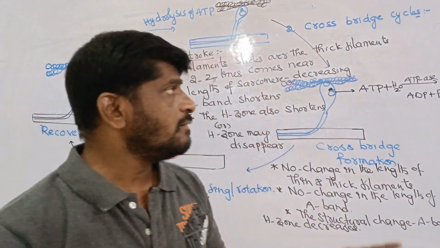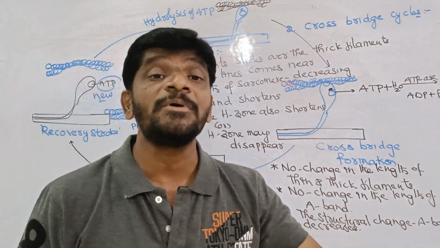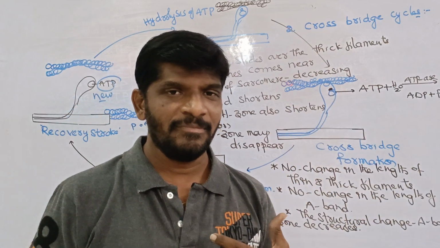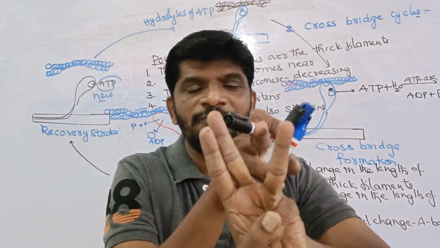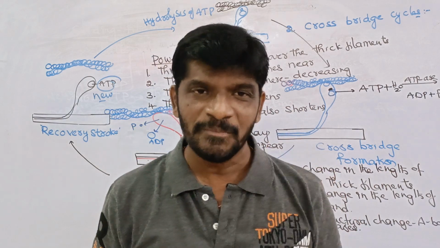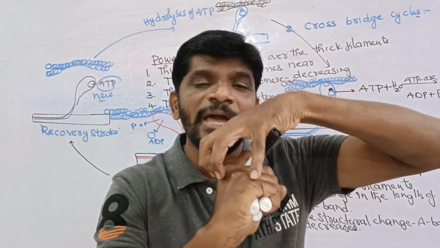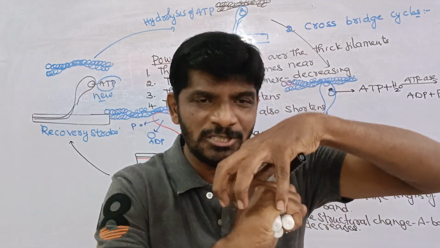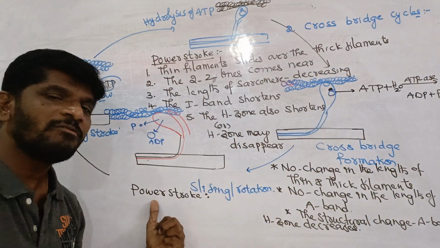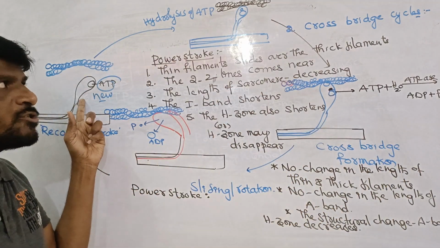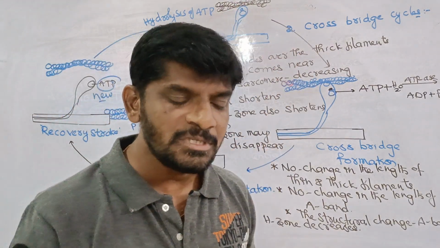In the cross bridge cycle, the cross bridge is formed with the help of the energy released because of ATP hydrolysis. When the ATP is hydrolyzed into ADP and inorganic phosphate, the last phosphate group has chemical bond energy. With the help of that energy, the head of the myosin binds to the active site of the actin. This is called the cross bridge. After the cross bridge, there is the rotation or sliding, the power stroke. Next is the recovery stroke and one more hydrolysis. This cycle is repeated several times, called muscle contraction.